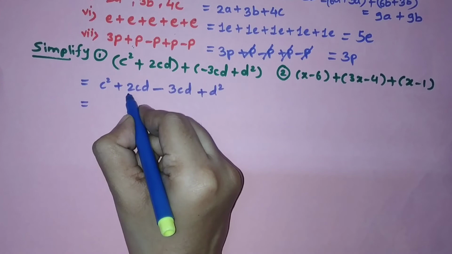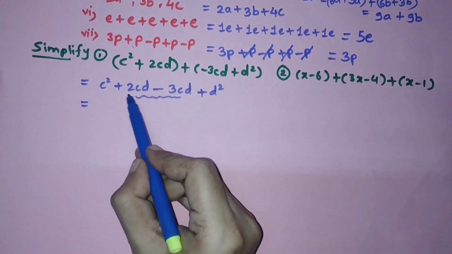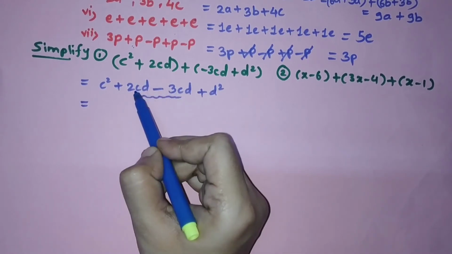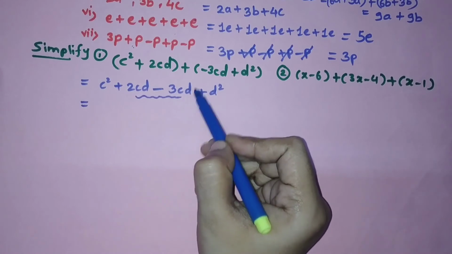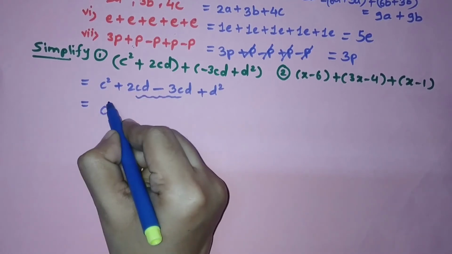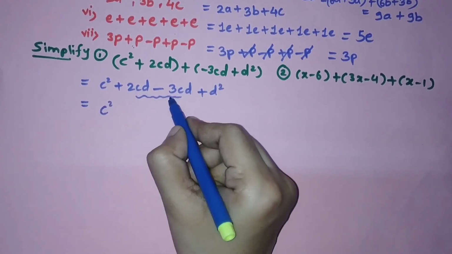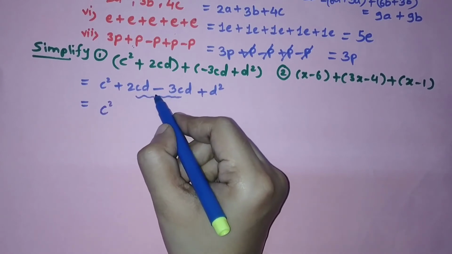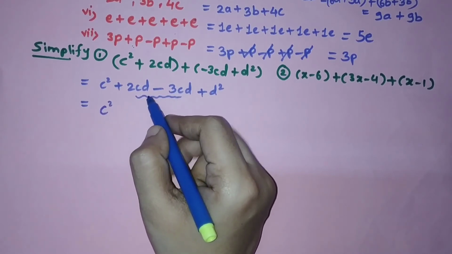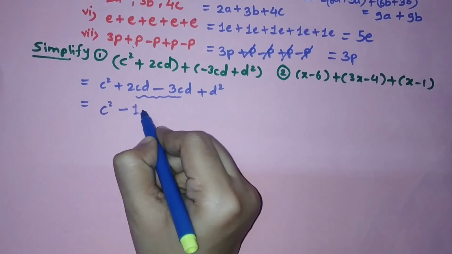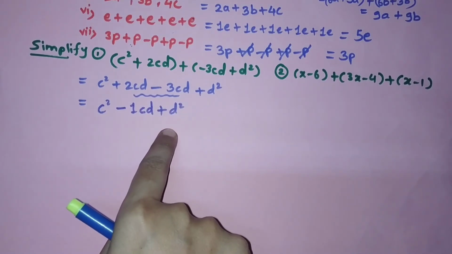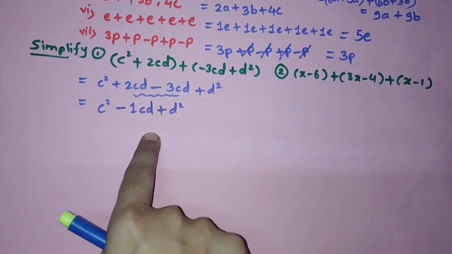So if I see carefully, I am finding these as like terms. 2cd is a like term with minus 3cd, cd, and here also cd, c to the power 1, d to the power 1, and here also c to the power 1 and d to the power 1 is there. So I'll perform addition or subtraction there. C square will be as it is, plus 2 minus 3. So one positive integer, one negative integer, we will go for the subtraction. We'll remove this 2 from this 3, we'll get 1, and 1 will get the sign of the bigger number, that is minus 1 cd plus d square. Now at this stage you have simplified it. Now you cannot go further, so we have to leave it here.